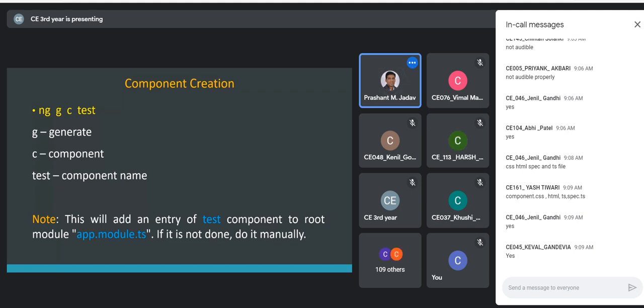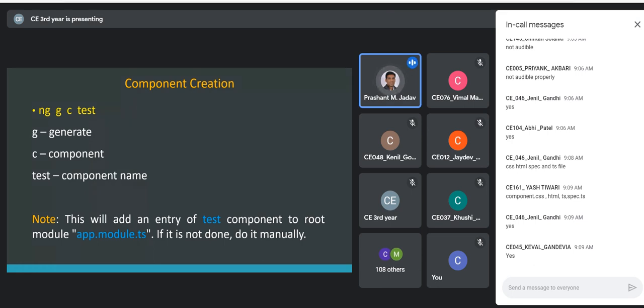Okay. Now, on the screen, you can see that there is a note that within the app module file, this is the root module, an entry will be made for this test component. So by default, the Angular CLI will make an entry into that module that now this root module consists of one more component. If you remember the introductory discussion, our module consists of components as well as services, right?